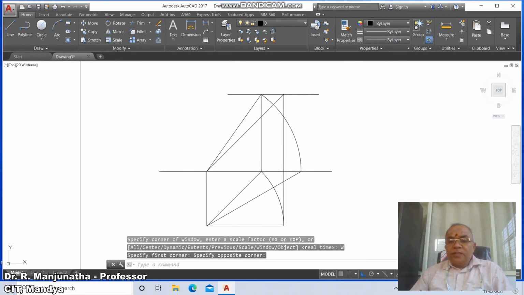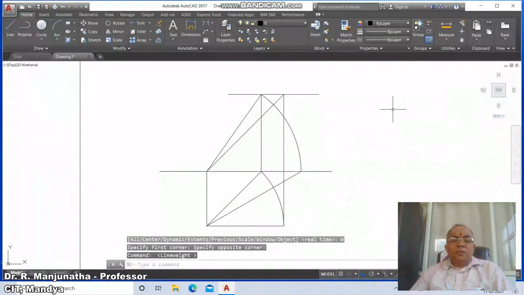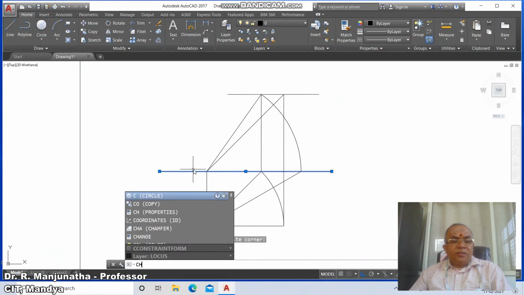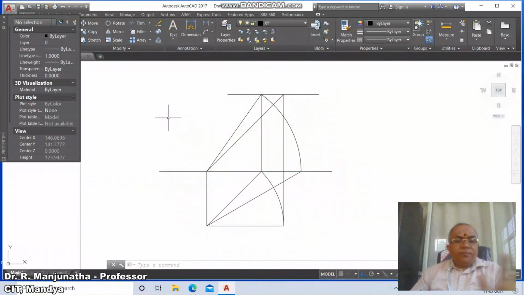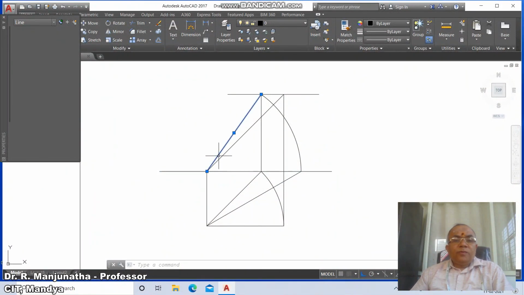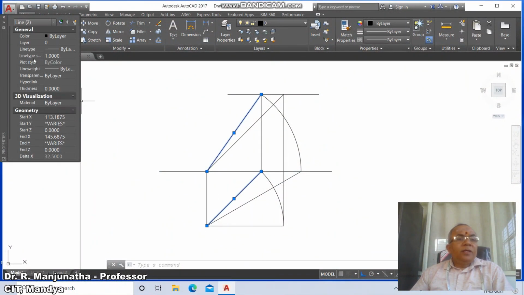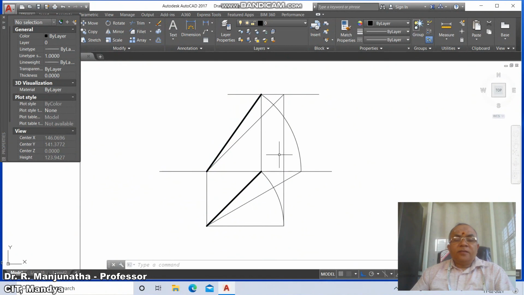Now we are going to change the line thicknesses. First we are going to click on this line and mark this, change CH, and take the layer as 0. Here I want the layer as XY line, so you click on XY because that is the XY line. Then you press escape once, then go to front view and top view and change that layer to views. So you're going to get the line thickness of that.